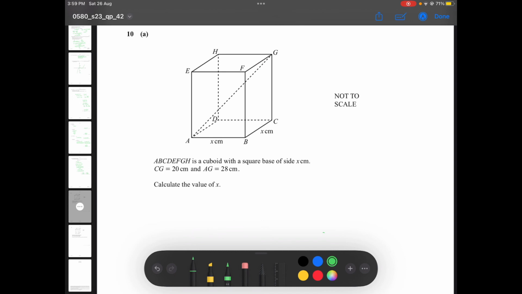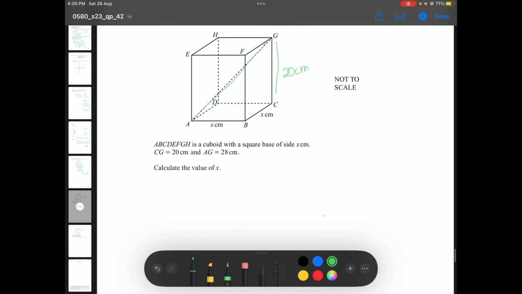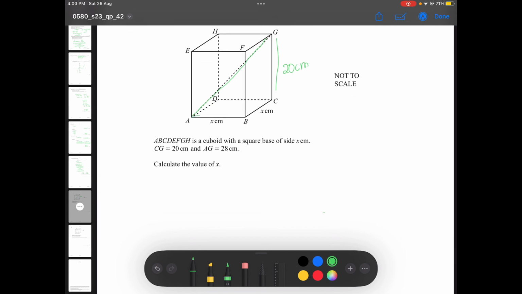So this is 20 cm, and AG is 28 cm. So this horizontal line is 28 cm. Calculate the value of x. We have to find the value of x. To find the value of x, we need to find the base that runs like this. So 28 squared minus 20 squared. Square root of that, the square root of 28 squared minus 20 squared will give us